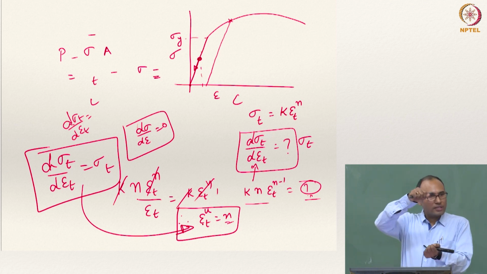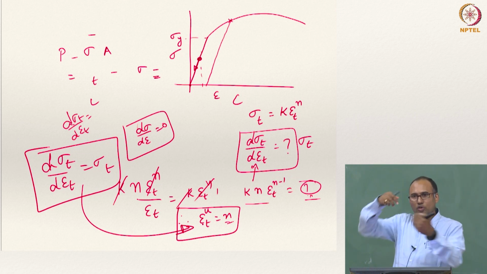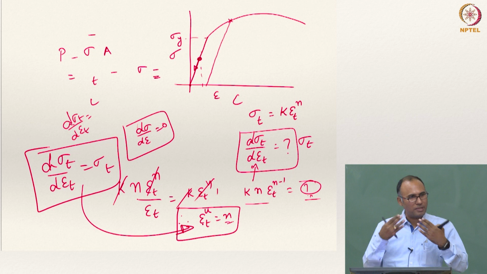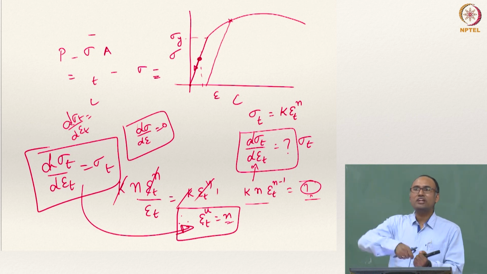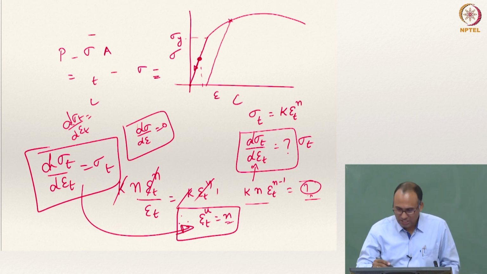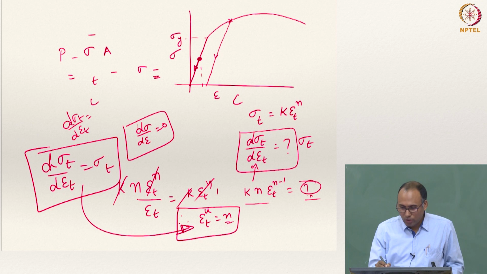Because when you are unloading, you are not causing plastic deformation. Your plastic deformation is over. All the unloading is only elastic, right? So elastic behavior is described by elastic stiffness. That is the reason why it has to only go along that path. It cannot choose any other path. So this is your unloading path. Very good. So now when you have loaded the guy up to here, your total strain,